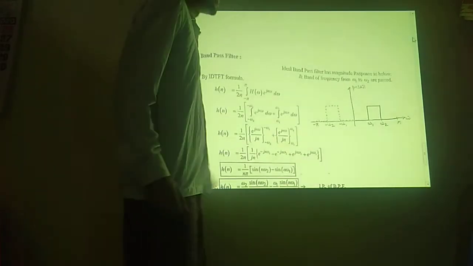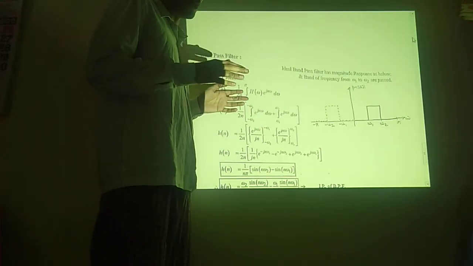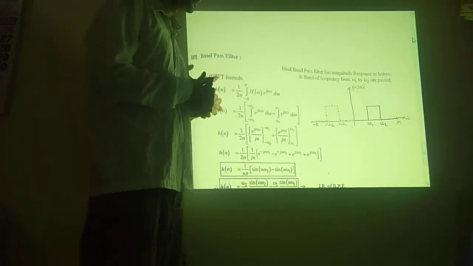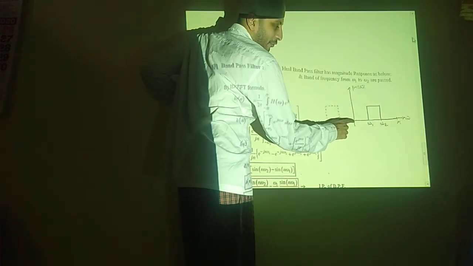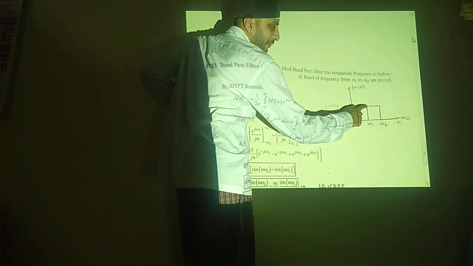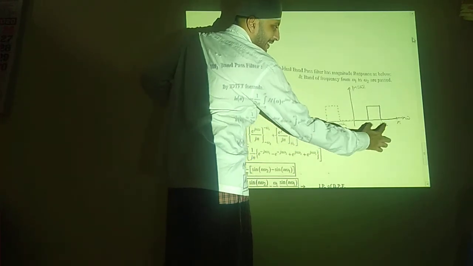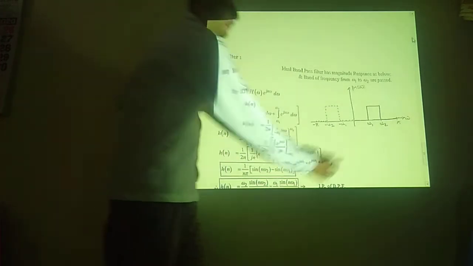Next we have over here is nothing but a band pass filter. The frequency is allowed to pass only in a given band. Considering this as the x-axis and this as the y-axis, you can see it is not allowing frequency to pass in this region, but it is allowing frequency to pass only in this region. In this band, the frequency is allowed to pass. So this is an example of a band pass filter.